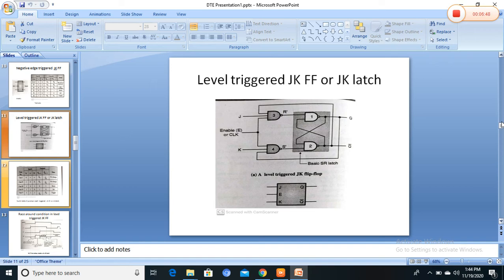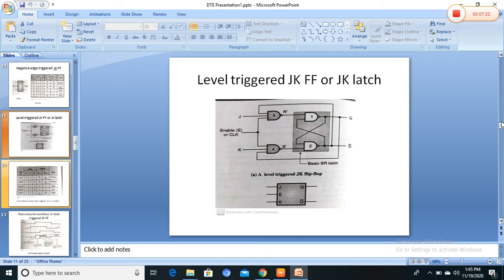So the JK flip-flop responds to changes if a positive level is applied at the enable input. This is the positive level triggered. In an edge trigger, at the edges of the clock, that is the falling edge and rising edge, only at that point will the flip-flop change its outputs. But in a level trigger, that is low level and high level, the output responds to change when the enable is 1 or 0.